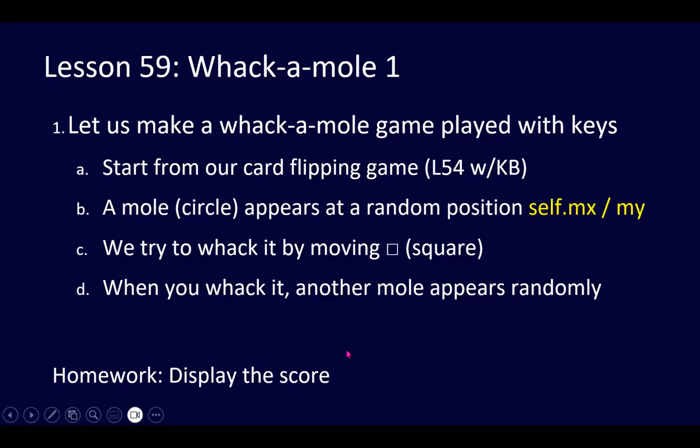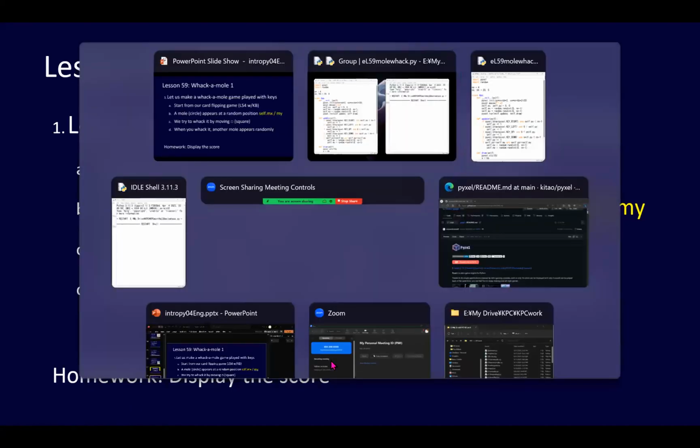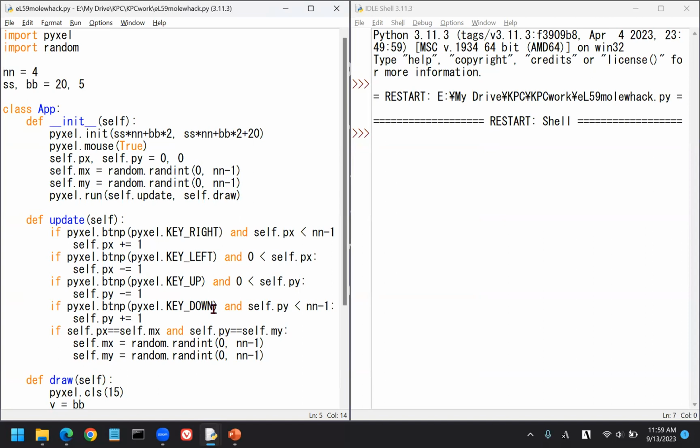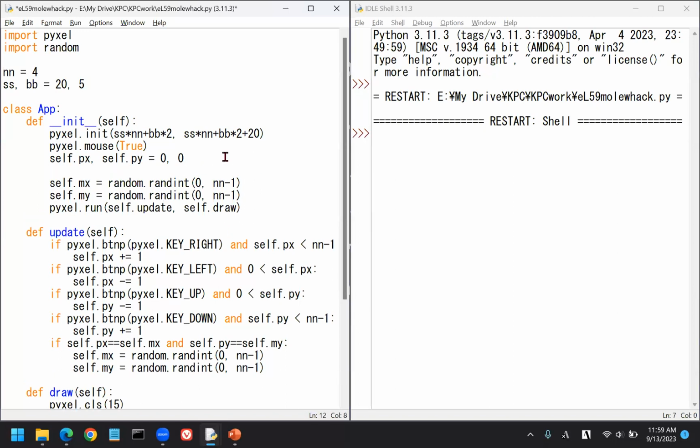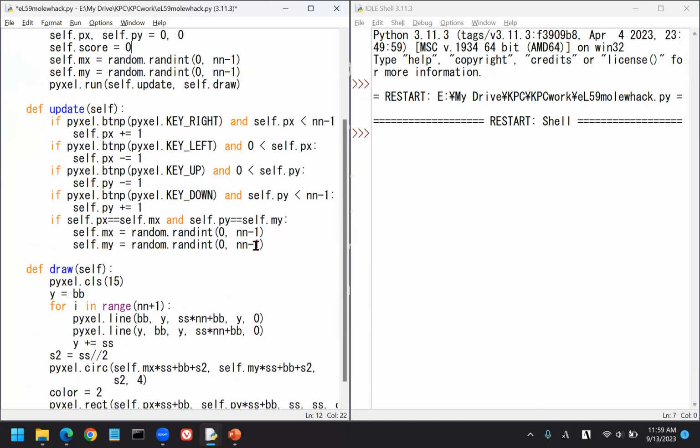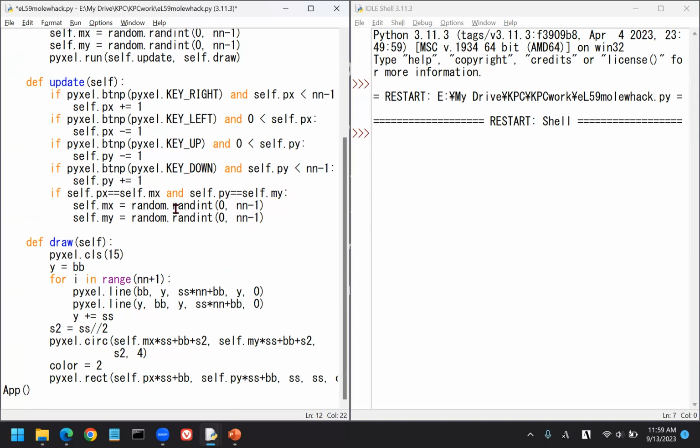Homework: display the score. Ah, right. Let's do that. To do that, we need to keep a record of the score. Maybe we can initialize an instance variable score, initialized as 0 here. And then every time we successfully whack the mole, if the person's position and the mole's position are the same,